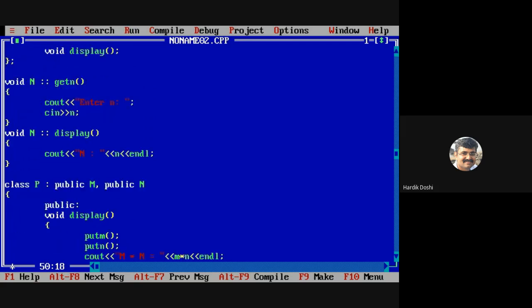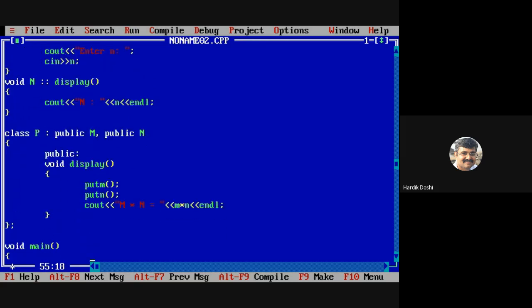Do you find any problem in this? So don't you think I need to write display over here? By calling. Again, don't you think instead of this also I need to call a display? What's the problem now? Now this is an ambiguity problem for compiler. This is an ambiguity problem. That this display should be called of M or N. Again, this display should be called for M or N.